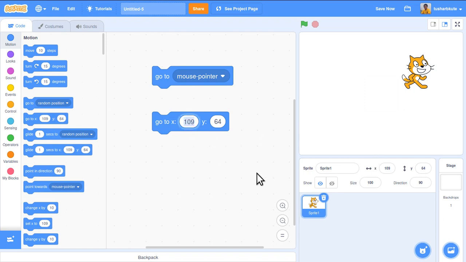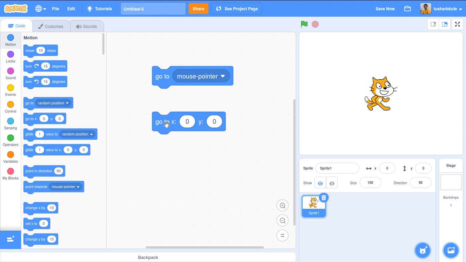So go to, I want to move to the center position, so x 0 and y 0. Let's move to the center position, check it out. I'll move it here, drag, release, and execute this, click. So it has moved to the center position. Wherever the position of the cat is, it will finally move to the 0 0 position when you click on that.